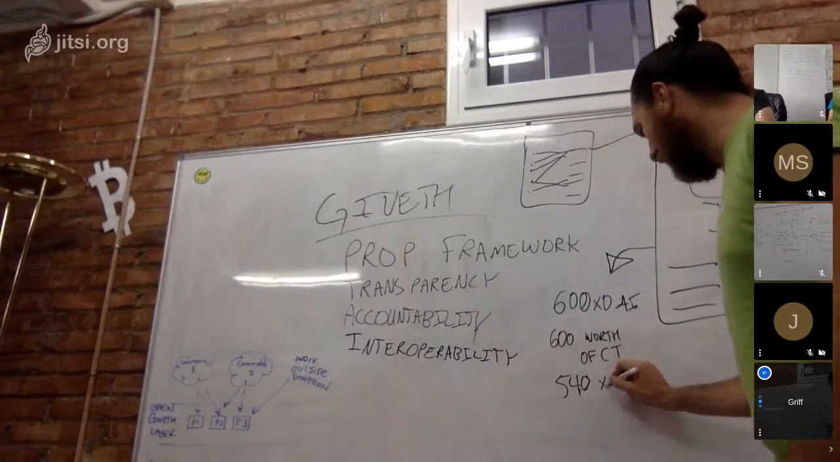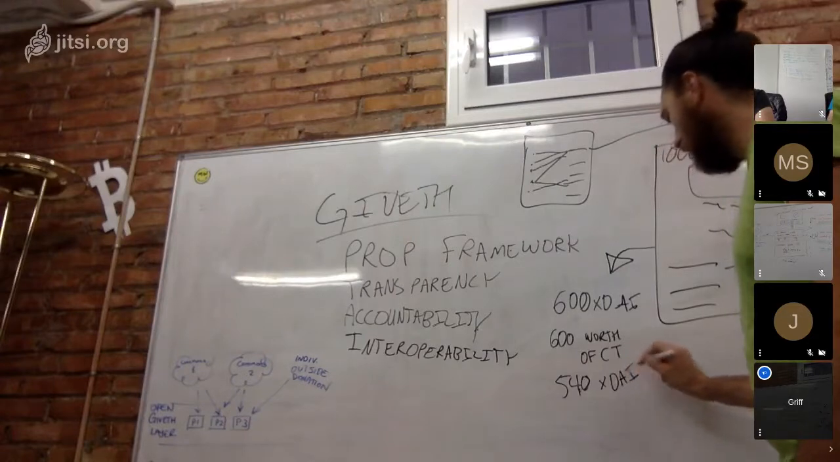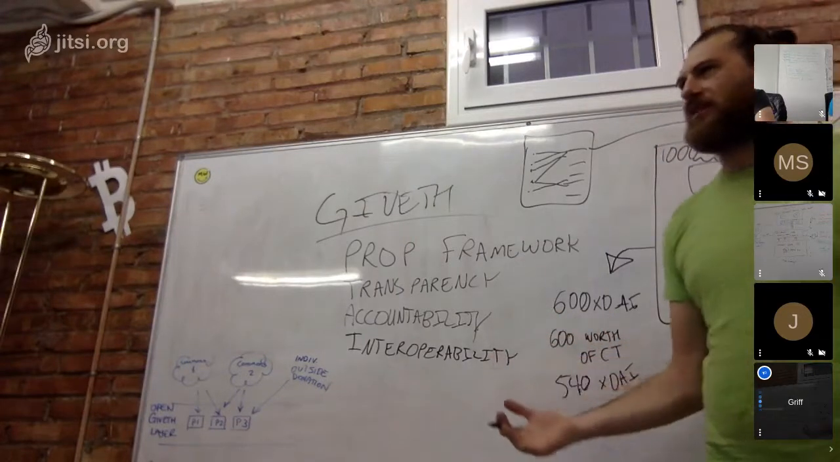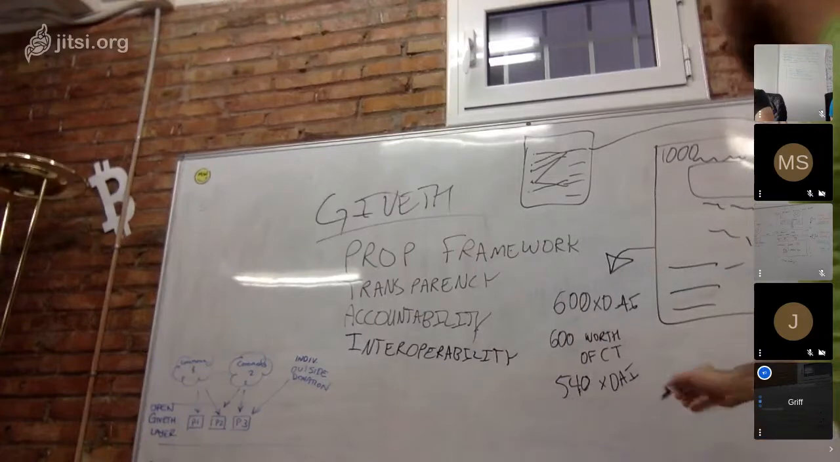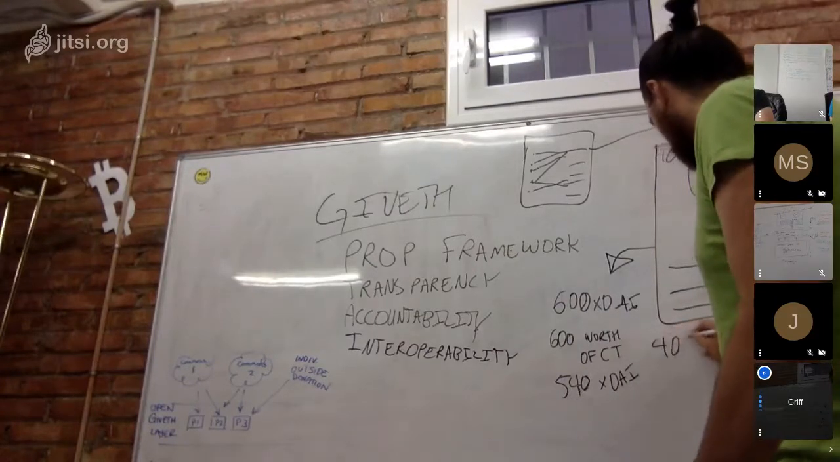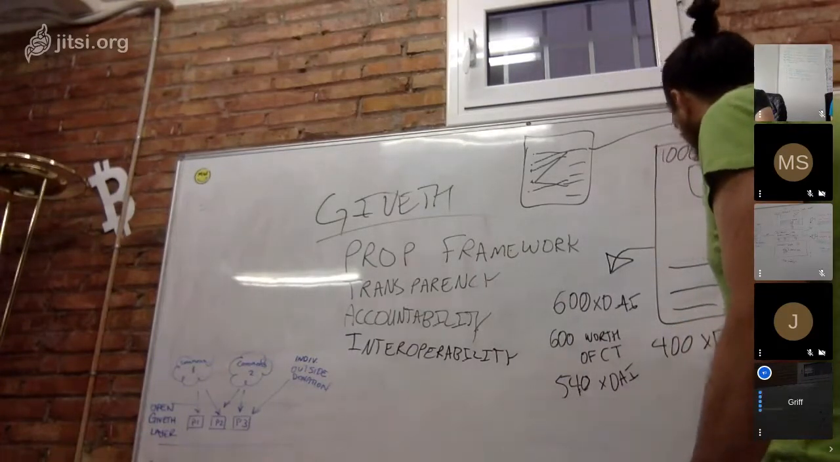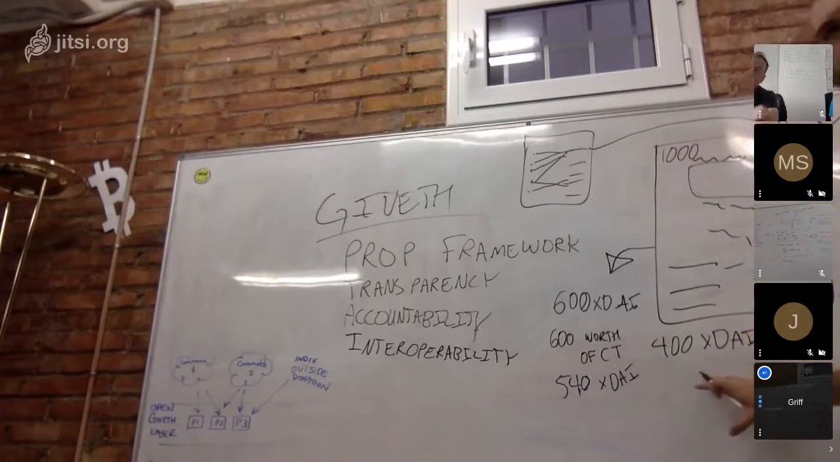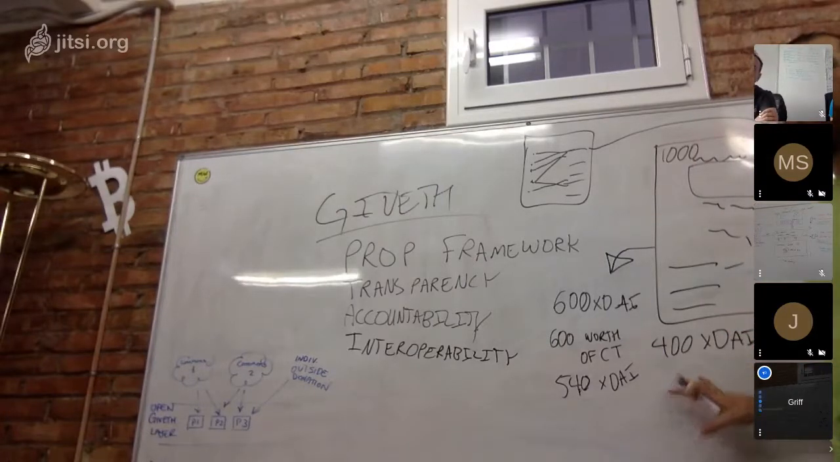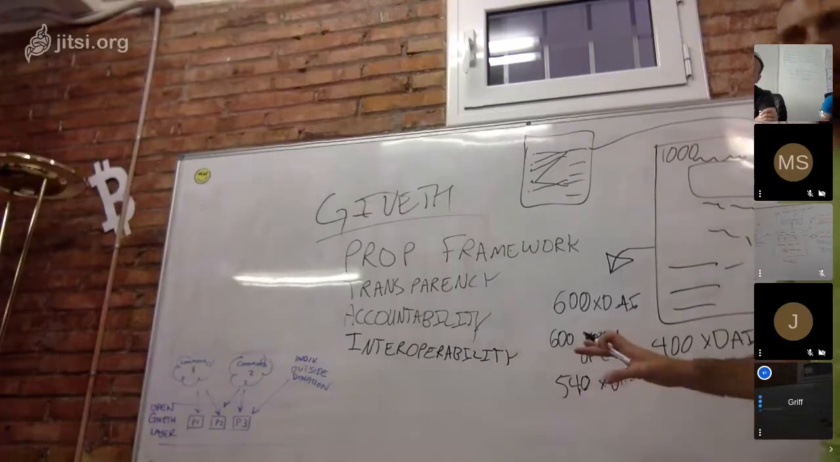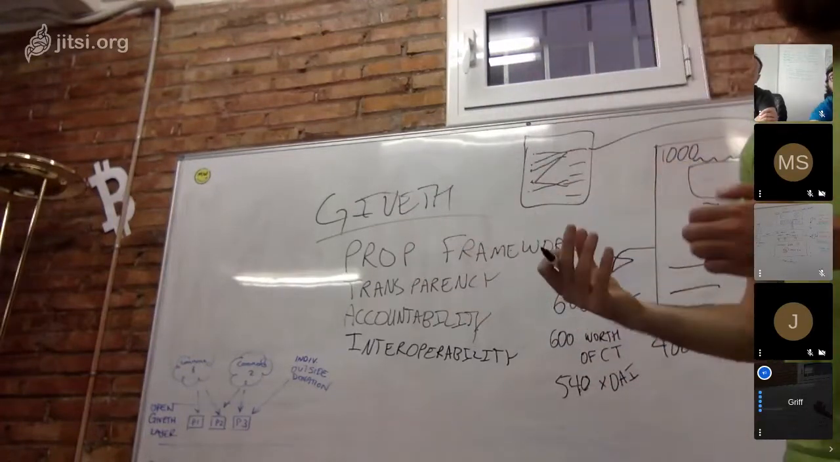Or 540 worth of XDAI, because this commons has a relatively large tribute requirement. And of course 400 worth of XDAI. And I'm saying XDAI, but in the end this is an implementation detail. We'll see, I assume that we're going to use XDAI, but we have to coordinate all of those details